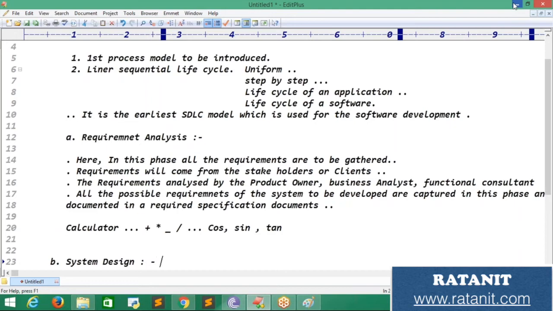So what do you mean by system design? System design means, okay, now great. Let's say the client will say that I need a particular calculator. Let's say nothing has been made: addition, subtraction, multiplication, division, nothing has been made. The client will say that I need a calculator. Now,